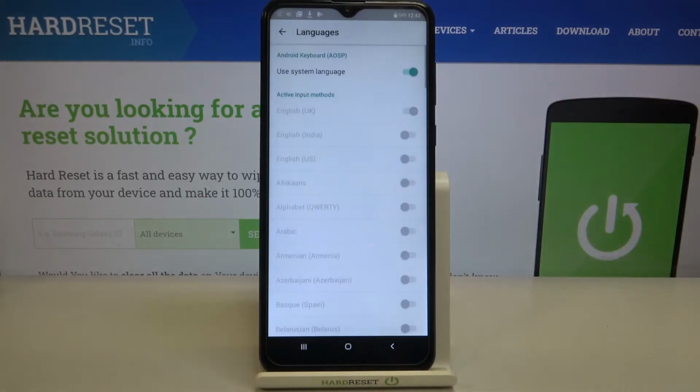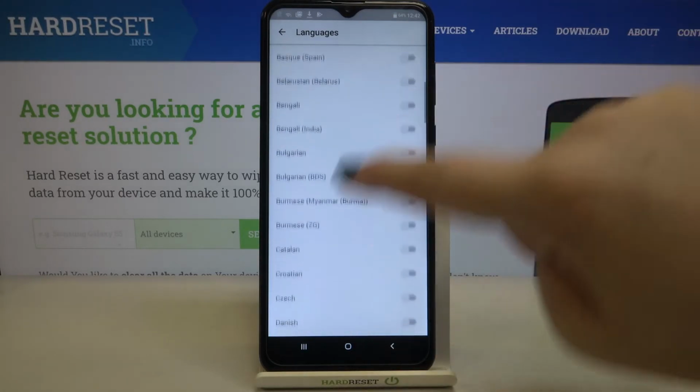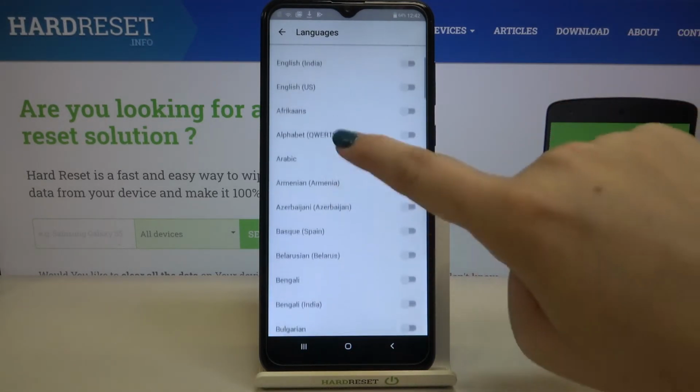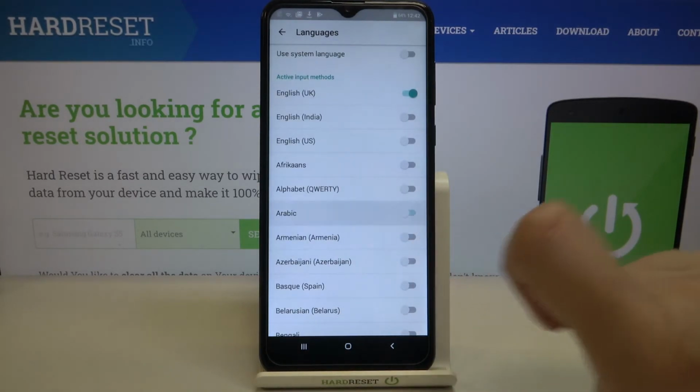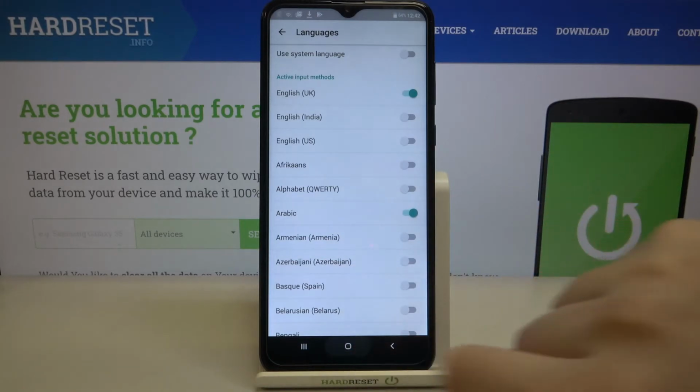And as you can see here, we've got languages, so let's tap. Right now we've got the Use System Language option applied, but we can obviously turn it off. As you can see right now, we've got the English from United Kingdom option set, and all you have to do right now in order to add a new language is to tap on the switcher next to it. So let me pick the graphical one, let me pick Arabic, let's tap on it, and now we can go back to